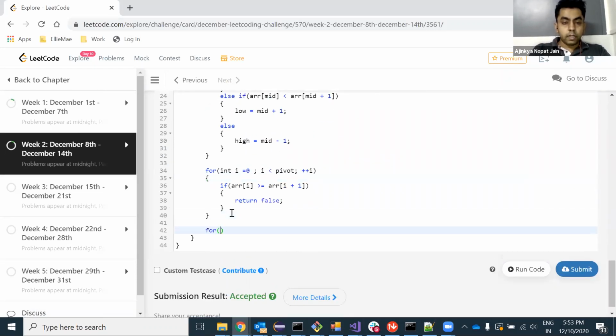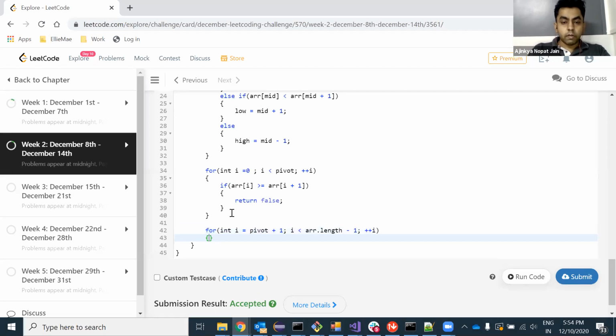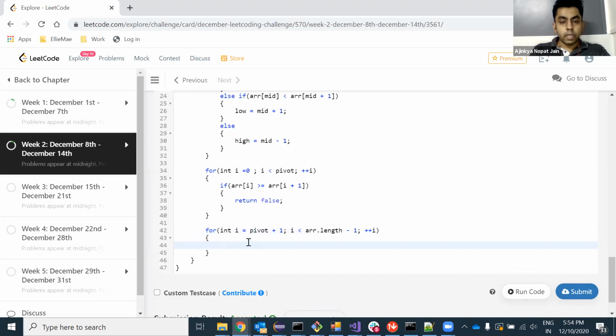Similarly, we'll check the later part of the pivot element. Int i equal to pivot plus 1, i is less than arr dot length minus 1. Why minus 1? Because we are checking the next element as well.